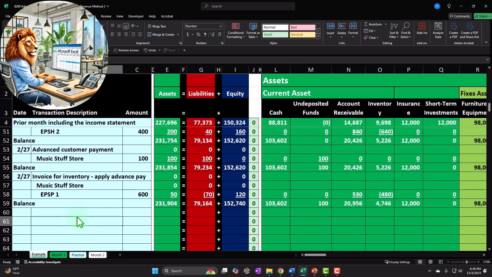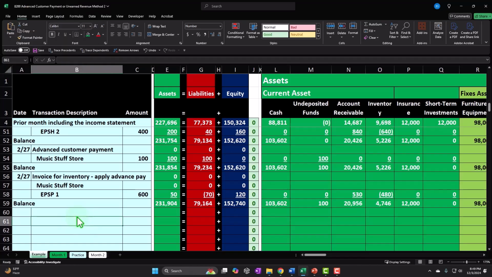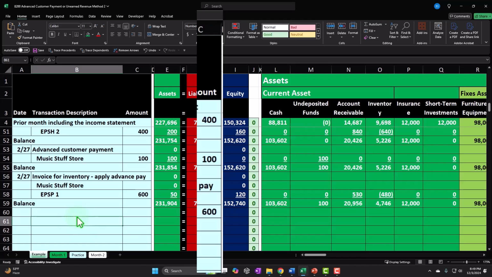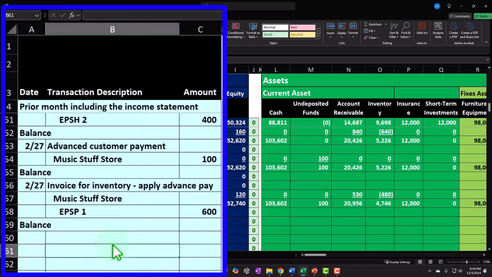They just give us the money, we give them the food if it's a restaurant, and that is it. Or if they buy something from a Shopify store, then it's usually pretty straightforward. They pay us at the point in time that they purchase it and we ship it out, and that's it. But if it's a prepayment situation, then we've got to tie out the fact that they already paid it to